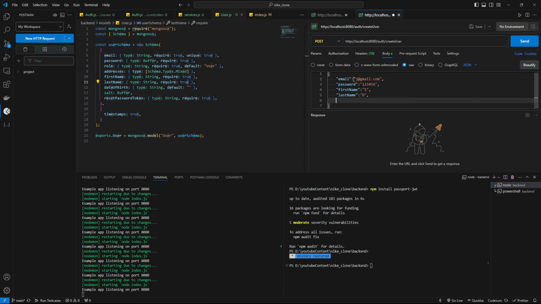And D, then we will be having date of birth, which will be like 12 22 33, something like this, as we are going to store it in the form of string, so we don't need these stuffs. Okay, whatever. So let's hit post,